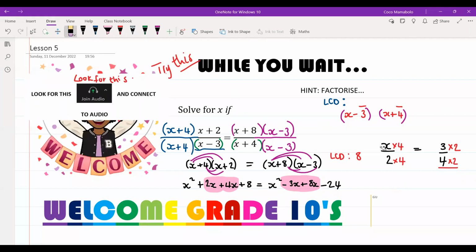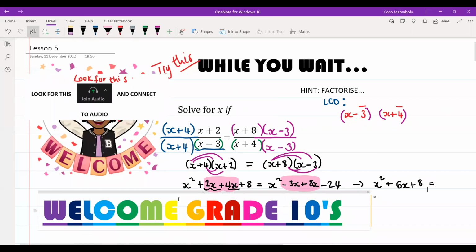So what I'm going to do now is add like terms on this side. I've got x squared, that's on its own. Then 2x plus 4x gives me 6x. Sorry, we're on this side. 6x plus 8 is equal to...